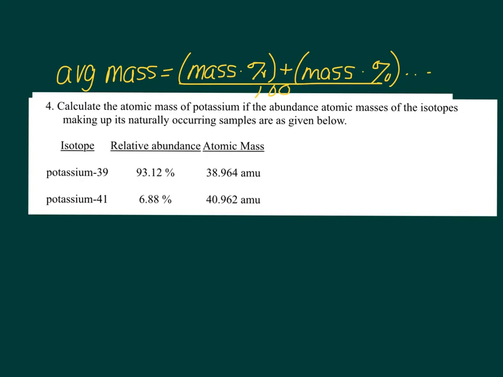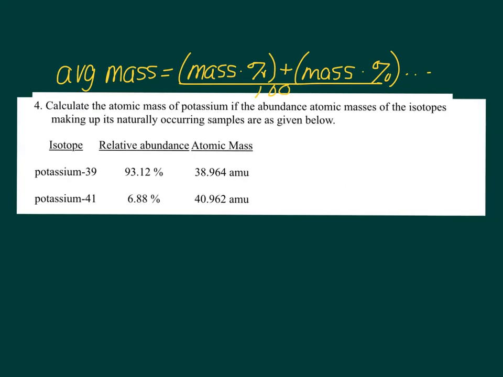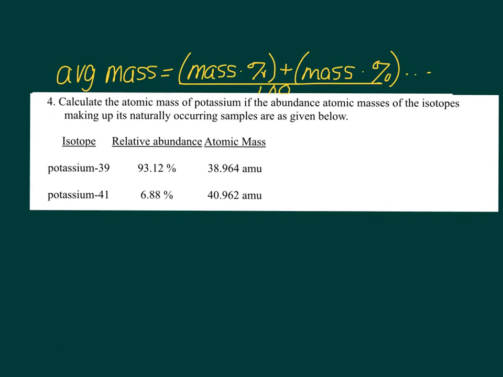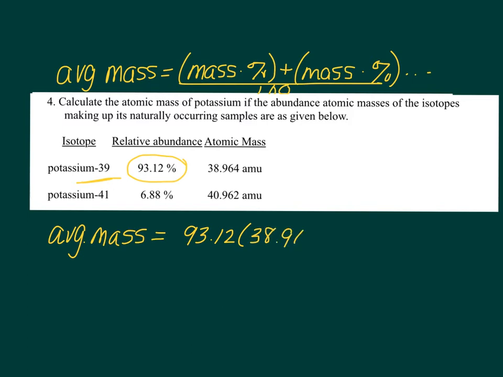Now, before we even start the problem, I want you to notice how this one is 93%, which means that our average when we're all done should be closer to 39 than it is to 41. So let's see. We've got average mass is going to equal 93.12 times 38.964 plus 6.88 times